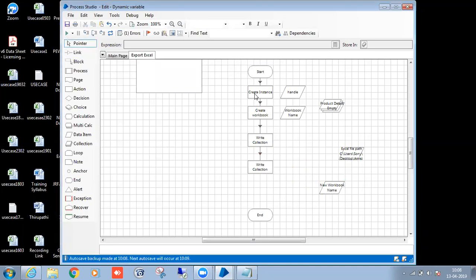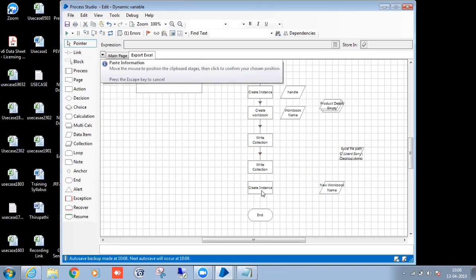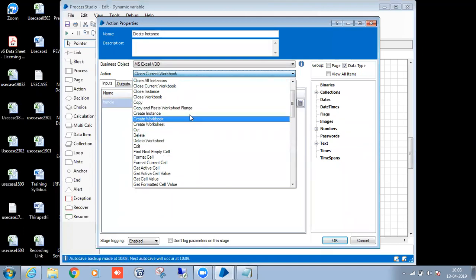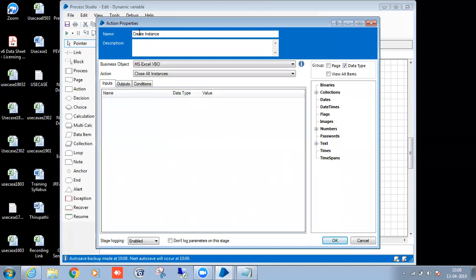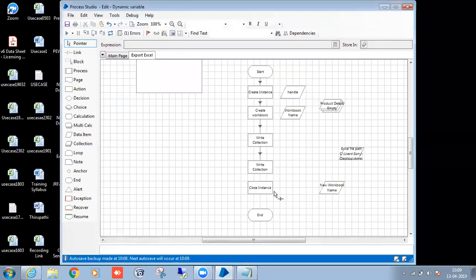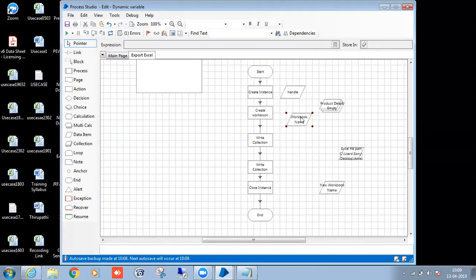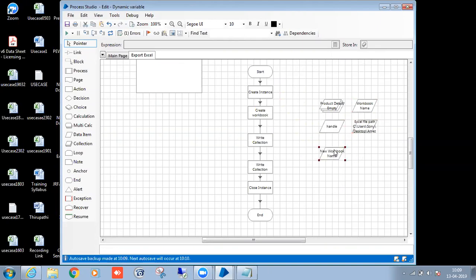After that, I have to close the instance. Done.